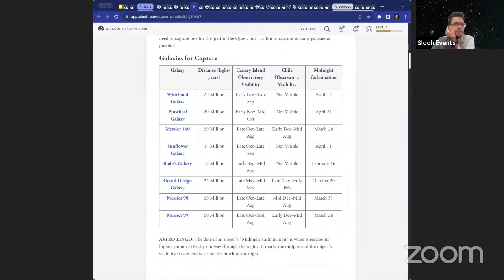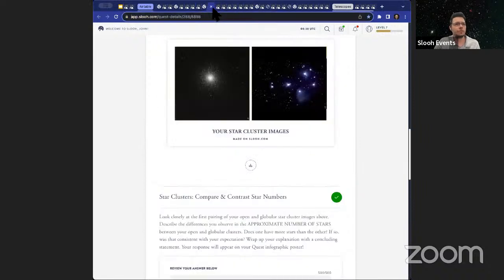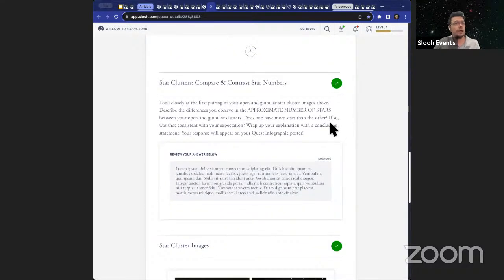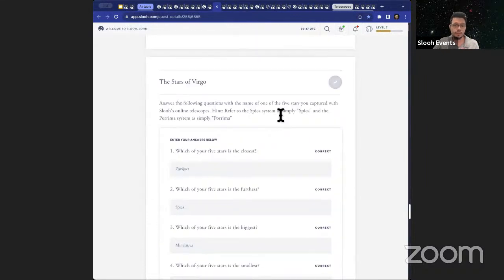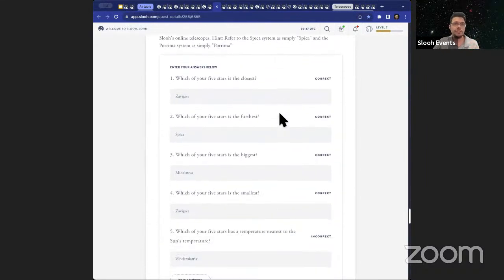Now, I did mention some assessment when speaking about the vocabulary terms, and I just want to cover a few of those ways that students learn using Slooh. Slooh assesses learning through multiple choice, fill in the blank, and free response questions. We use these kinds of questions to develop activities that have students analyzing their captured images to explain phenomena in paragraph form. Students are using these quests to learn how to evaluate, communicate, and obtain information that they're